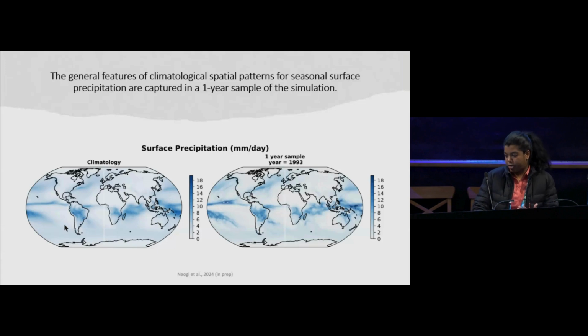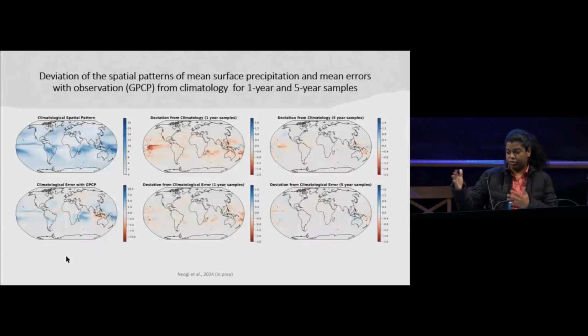If you compare the deviation from the climatology in that 1-year sample, you see some deviations in the spatial pattern in certain regions. But if you use a 5-year sample, those deviations almost disappear. So a 5-year sample seems to generate a pretty close approximation to the climatological patterns.